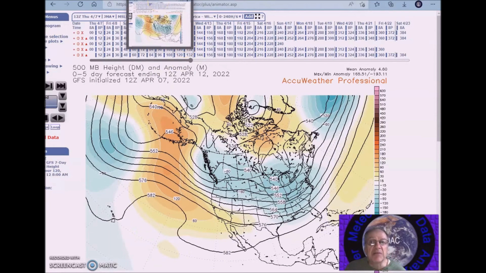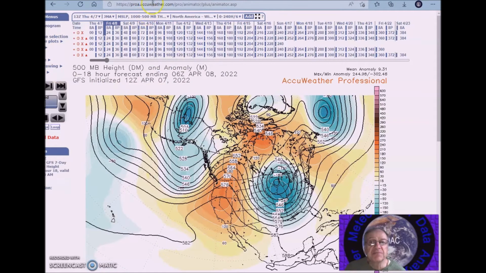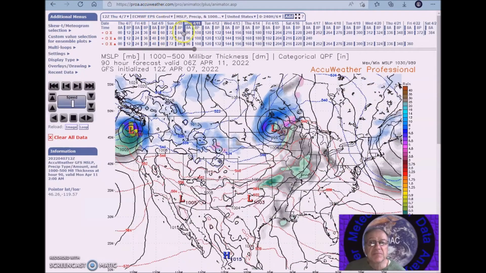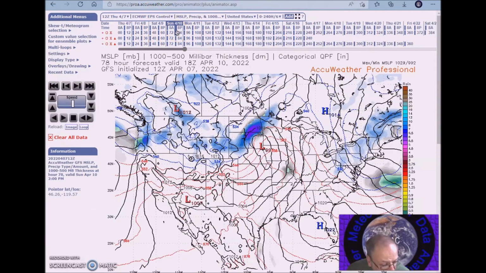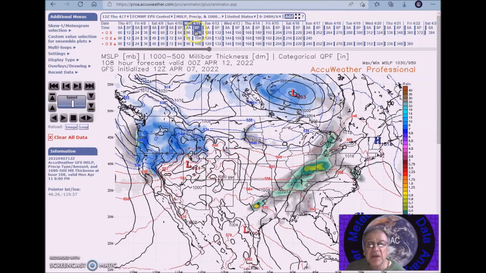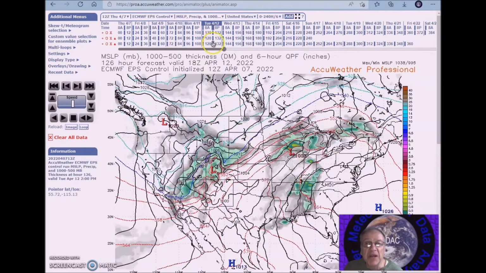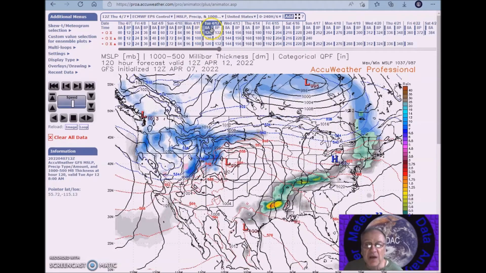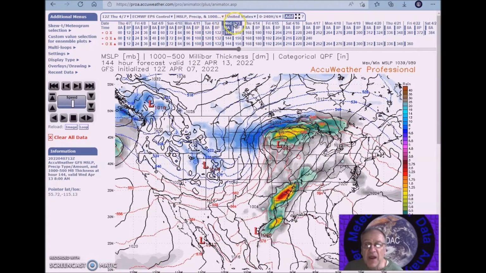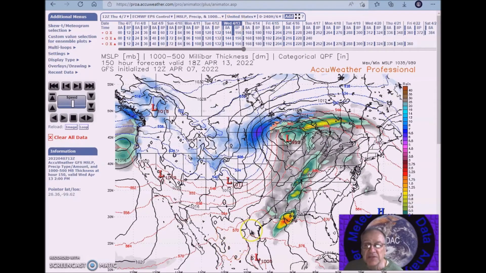Okay, looking at the surface. This flow will cause active weather across the nation. Expect rain and mountain snows for the west. You see here, we have a system moving here. Again, like I said yesterday, this is a time when sometimes they get their heaviest snow across the Rockies and the plains. So this system works eastward here, and then it moves into the plains.